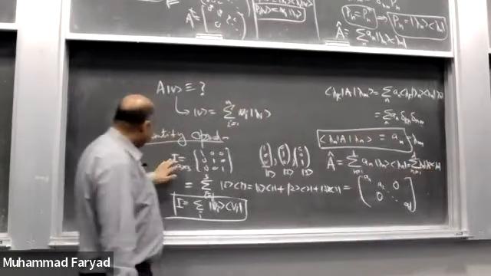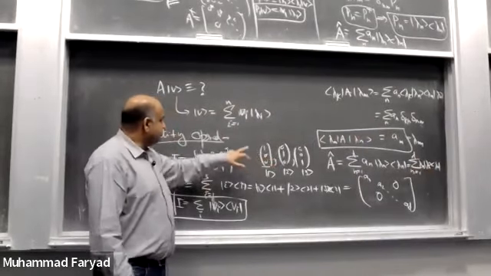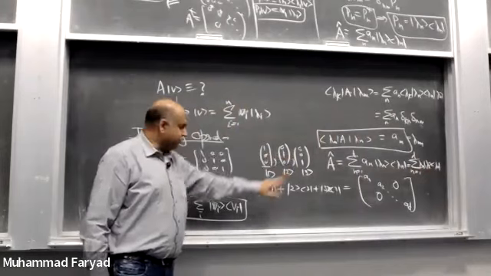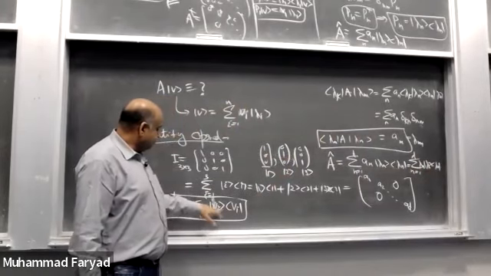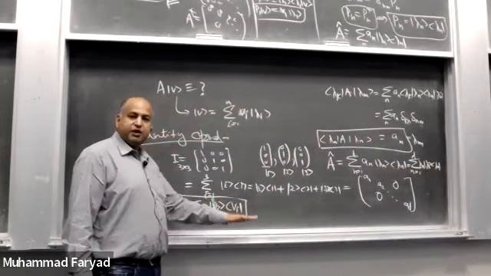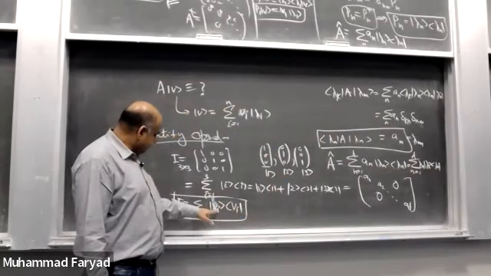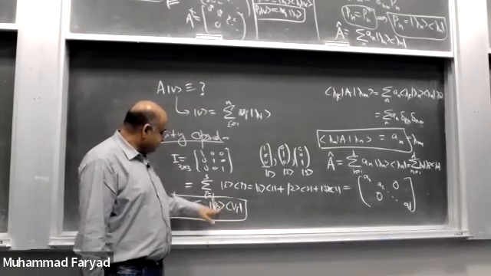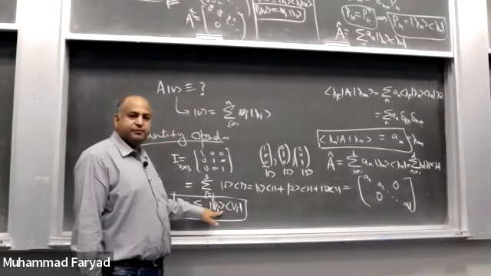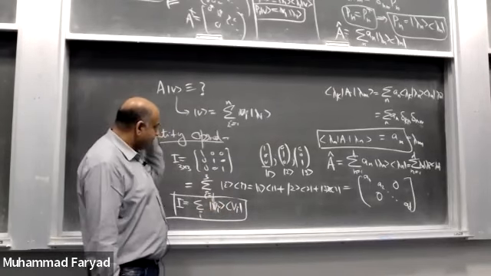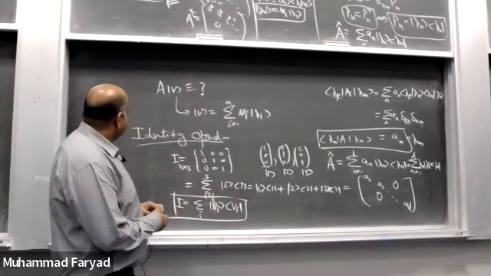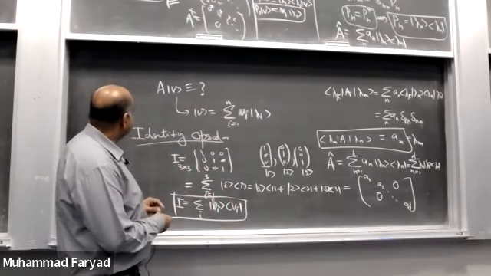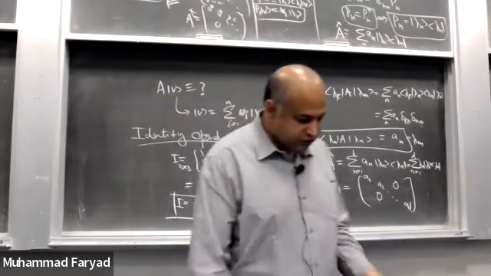The identity operator has these 3 eigenvectors, and the eigenvalues for all three are 1, 1, 1. That's why I have 1, and the three eigenvectors one by one. Remember, the index on both of these is the same. The sum is over i and it's the same index. It's not 2 different indexes. Okay, any other question regarding this?